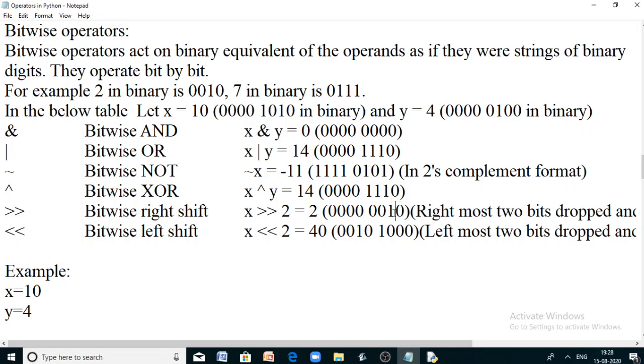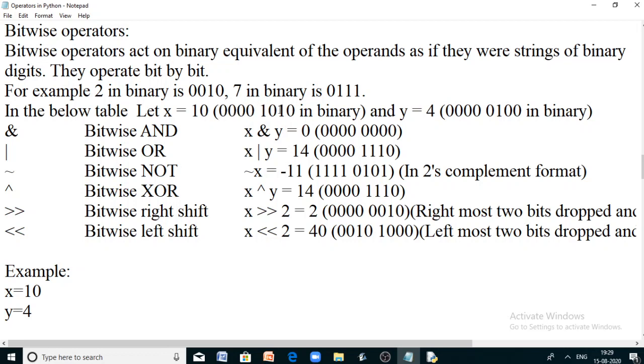If you say shift the binary equivalent of x by 2-bit positions to the right, the rightmost two bit positions will be dropped, and two zeros will be added at the leftmost position. So now this is 0 0 0 0 1 0 1 0.